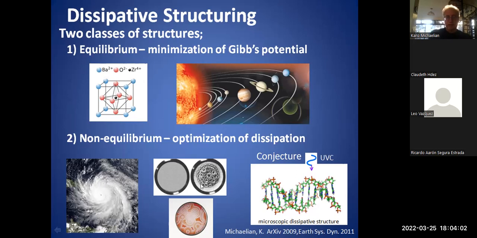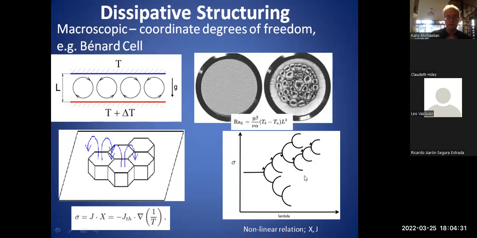And in this case, in fact, we're breaking symmetry not only in space, but also in time, because these figures can be changing with time. We have a constant flow of reactants into the system and a constant output of the products. Now, the conjecture is that the fundamental molecules of life were also dissipative structures, but in the UVC. So DNA and the amino acids, fatty acids were all